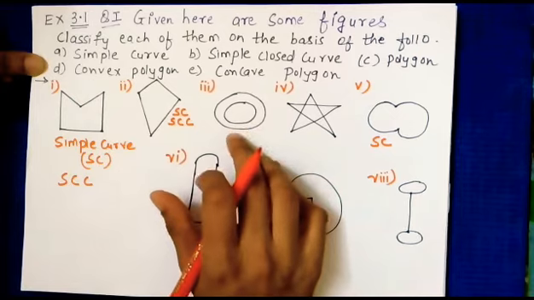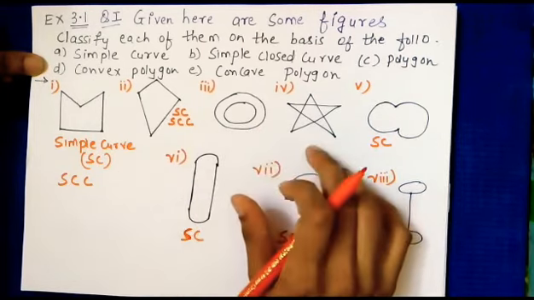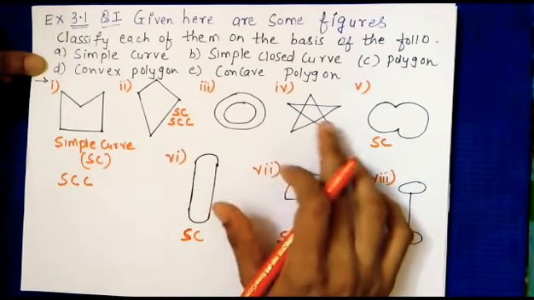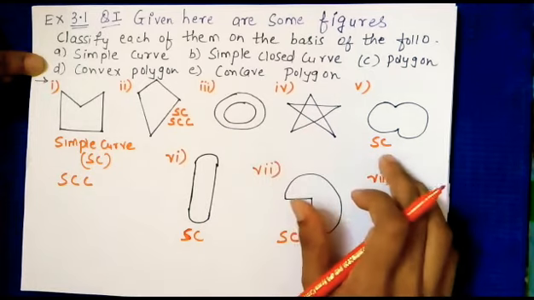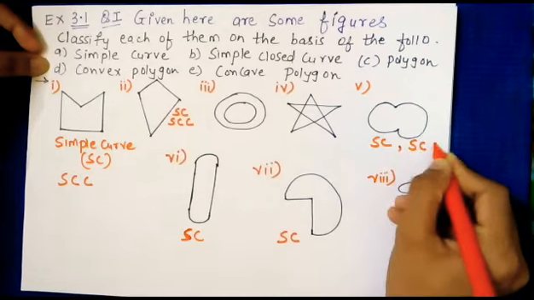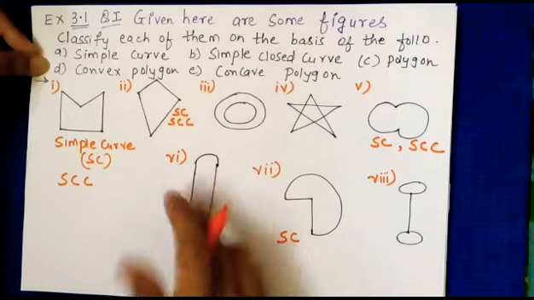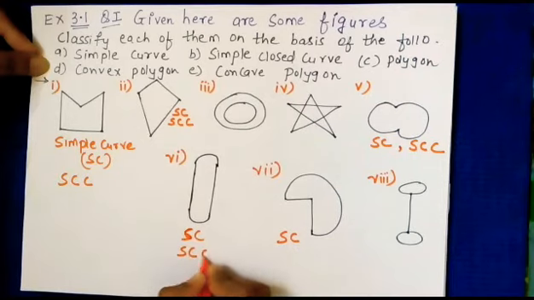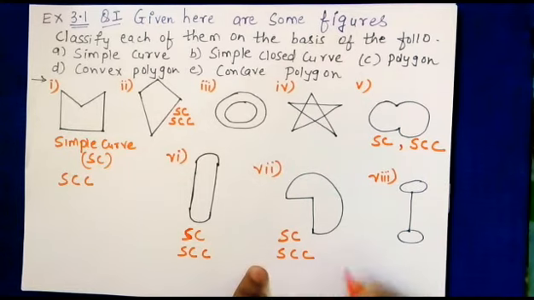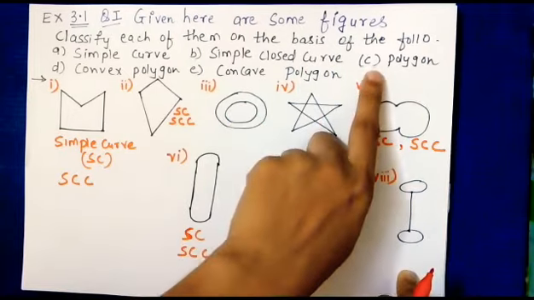Now the third one is not a simple curve, as we have already talked, so this will not come. The fourth one also is not a simple curve, so it will not be a simple closed curve either. Moving ahead with the fifth one, yes, the fifth one is also a simple closed curve. Now the sixth one is also closed and a curve, so it is also a simple closed curve. Okay, so the second is done, simple closed curve. This will not come.